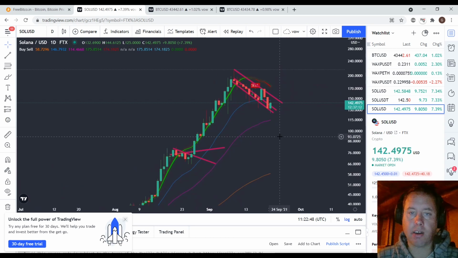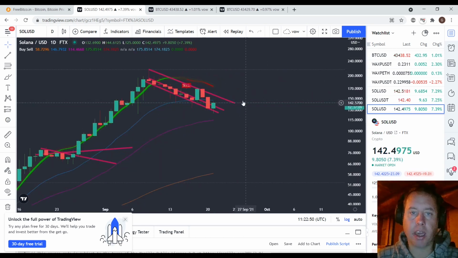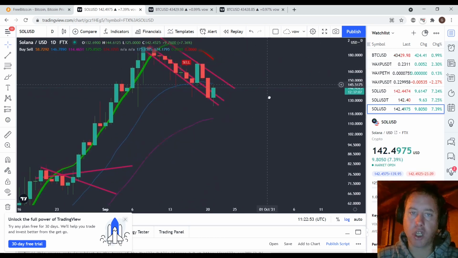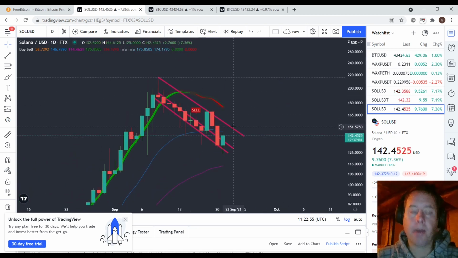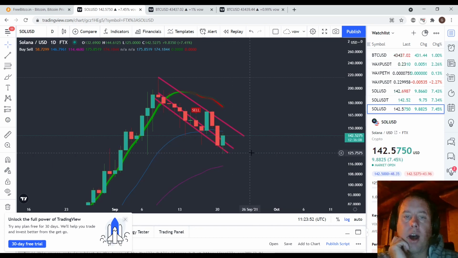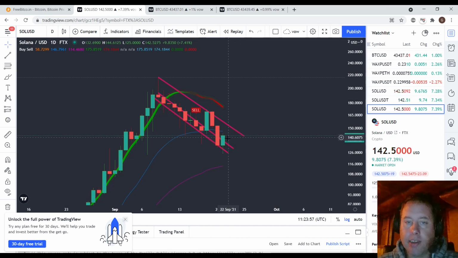But as we know, this has pumped quite a lot lately, so there is huge risk in buying Solana, but also huge potential if this bull flag is going to break out, which I don't think is likely given the current situation, but it might be able to hold at least within this channel here. So I do think it's most likely we will see more downside on Solana until Bitcoin gets out of the woods.